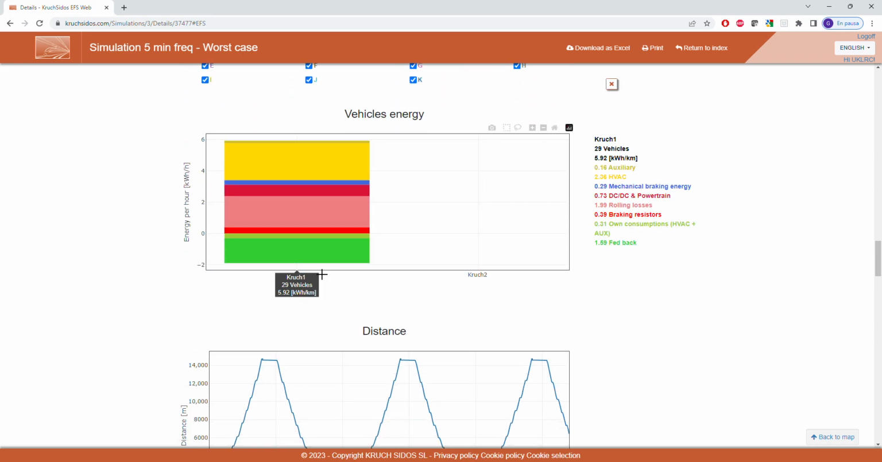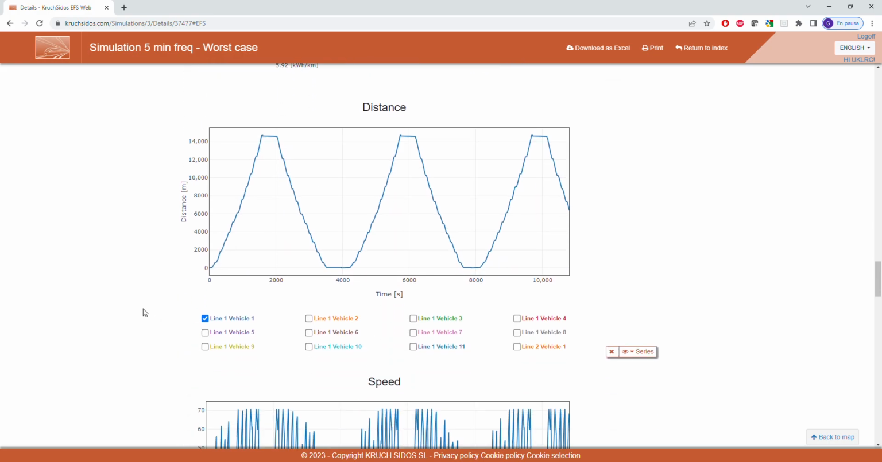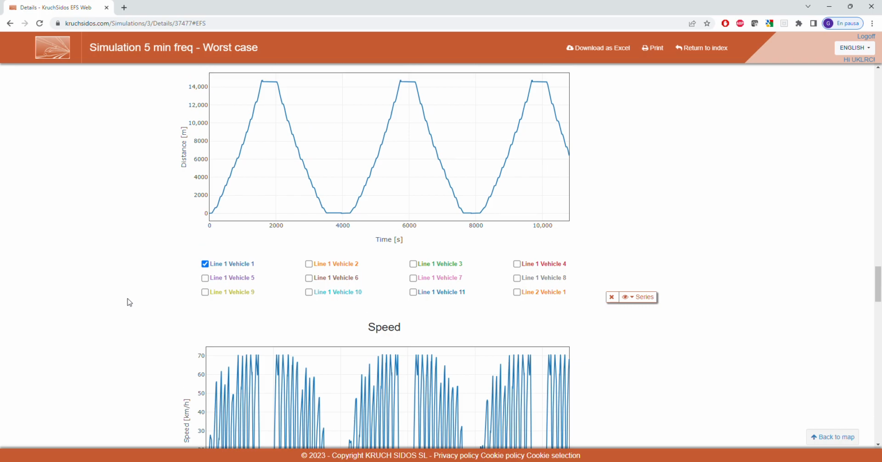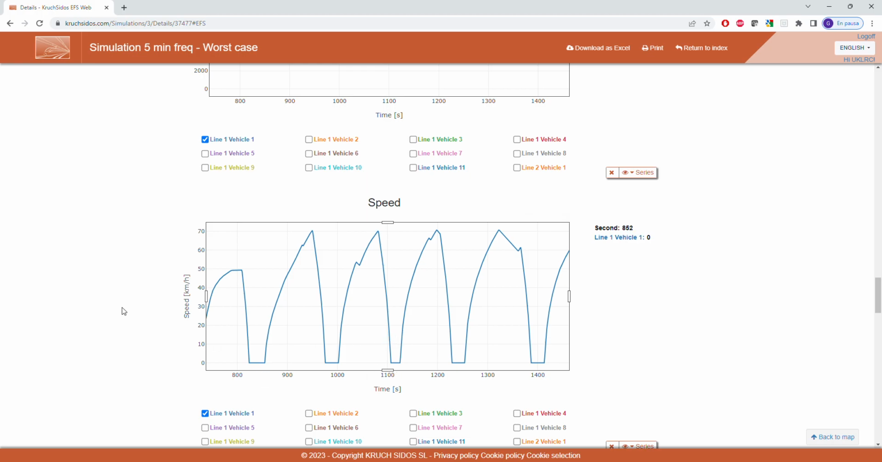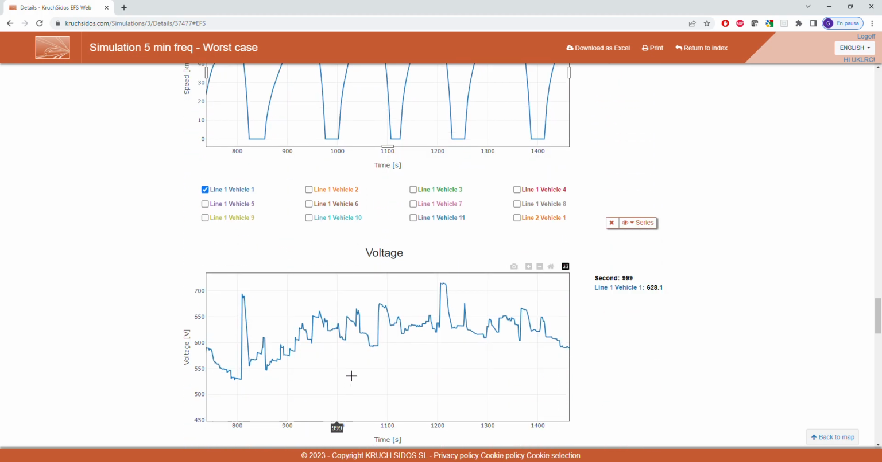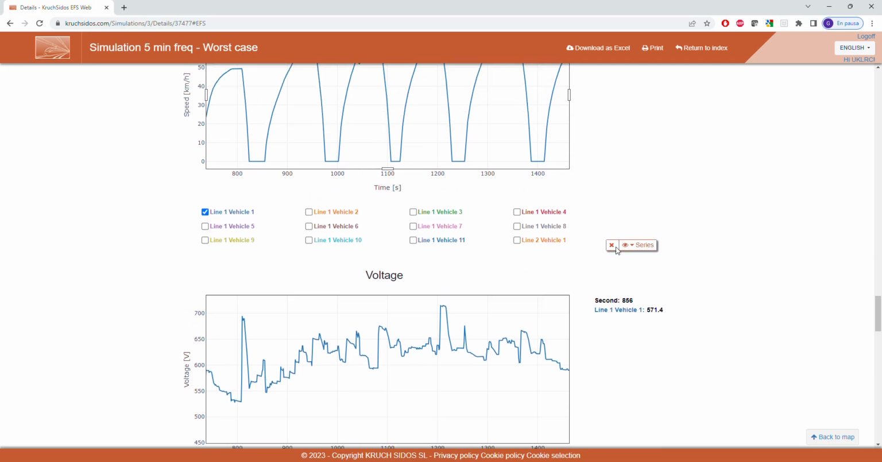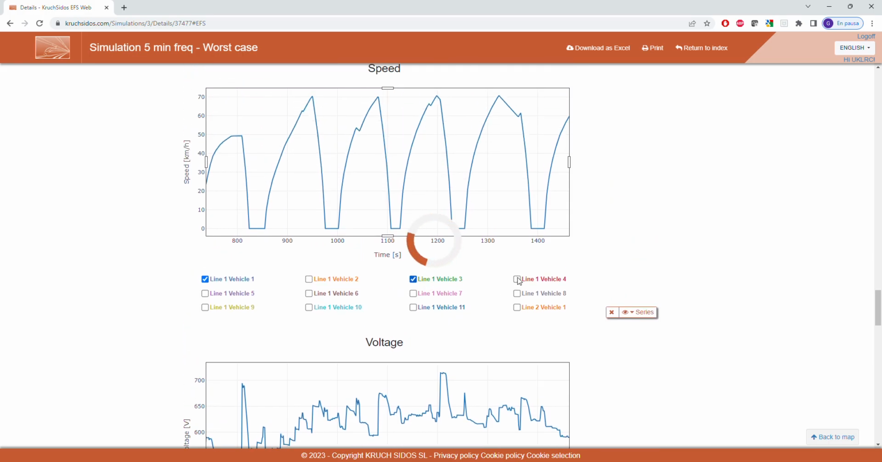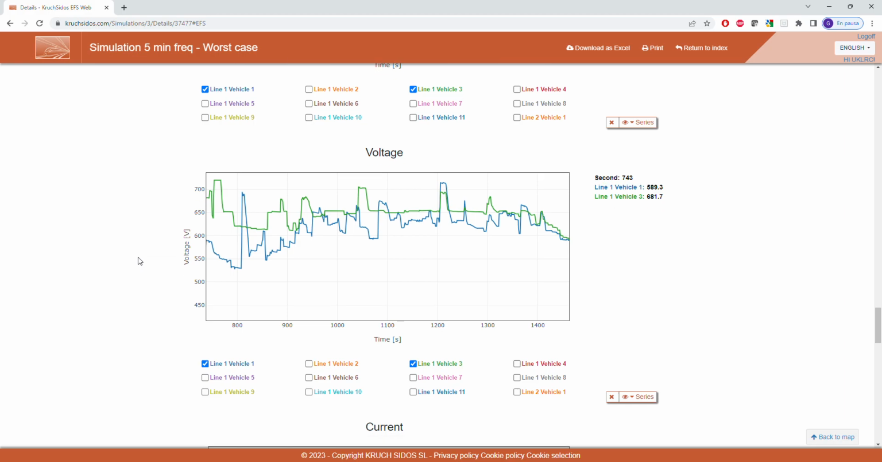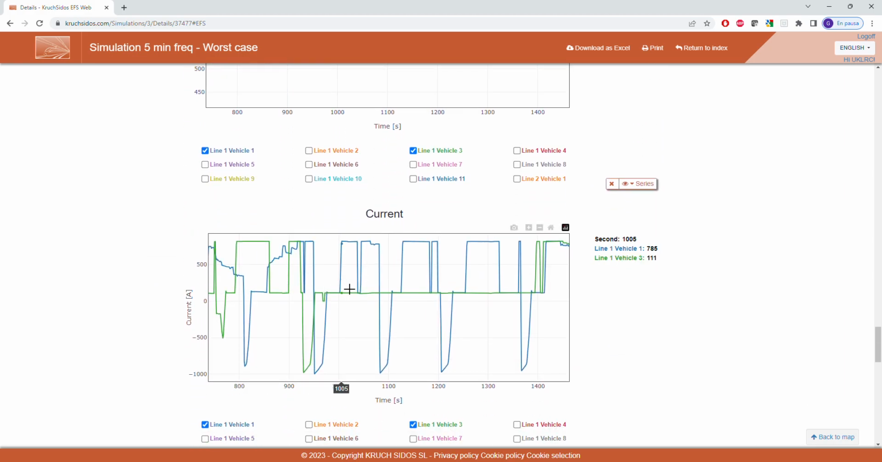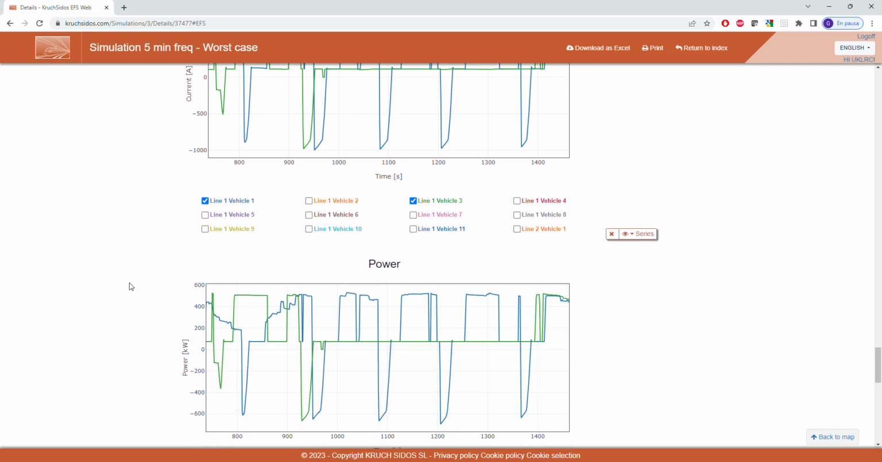which is the vehicle energy, so the energy per kilometer of each vehicle type, in this case 5.92 kilowatt hour per kilometer. And then the vehicle graphs. Starting with the distance, we also have the speed for each second of the vehicles, and the voltage of the vehicles. We also can choose different vehicles in here. We see other speeds, other voltages, the current of the vehicles, when the vehicles accelerate, and when the vehicles brake, the current is negative. The same for the power,